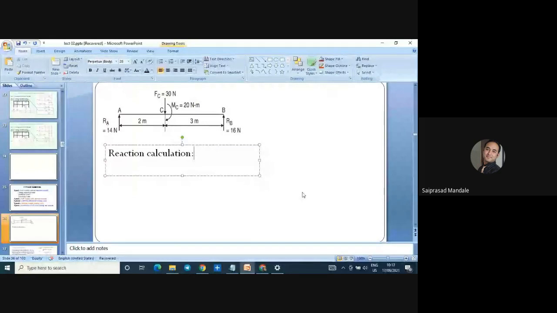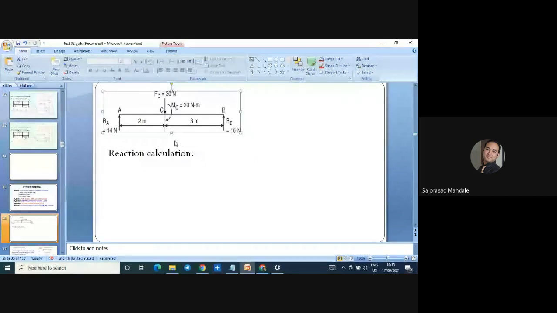Now it is your duty to write summation of Fx is equal to 0, Fy is equal to 0. I'm just directly going to calculate. Once you do practice now, you will have good command. Ra plus Rb is equal to how much? Okay. In that case, here directly all the values are given to us, so no need to go for this. Here only the understanding part is there. I'm sorry. All the values are given to us, so no need to go for the reaction calculation because 14 is given to us, 16 is given to us.